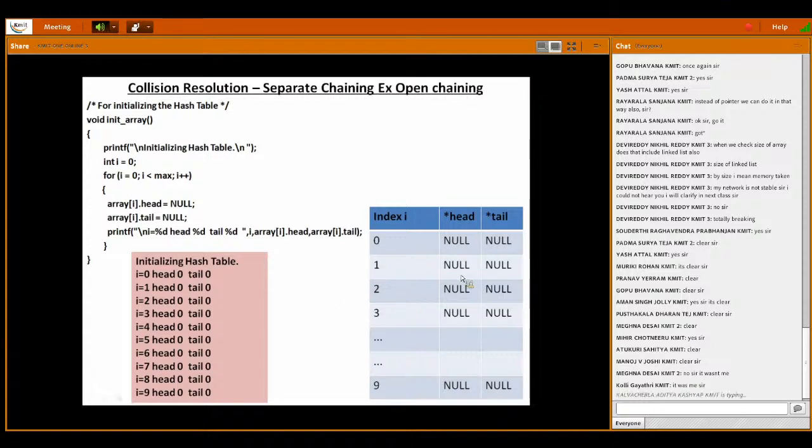So the hash table, what we have seen previously, went only up to 3. This is going to go up to 9, that is 0 to 9, which is 10 indices. When this function is called, your array gets initialized with head as null at every index, null, null, null, from 0 to 9. Going further,